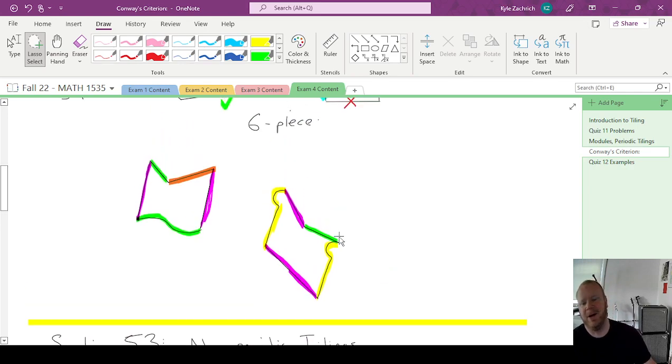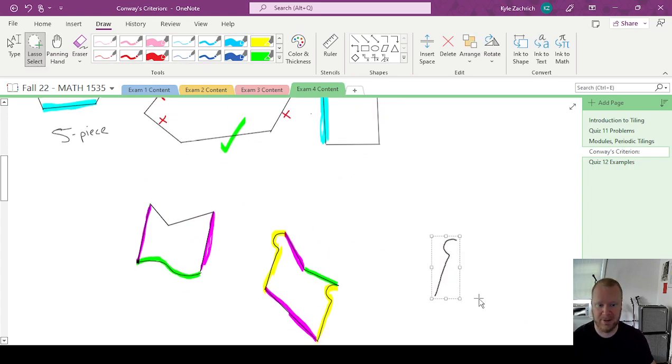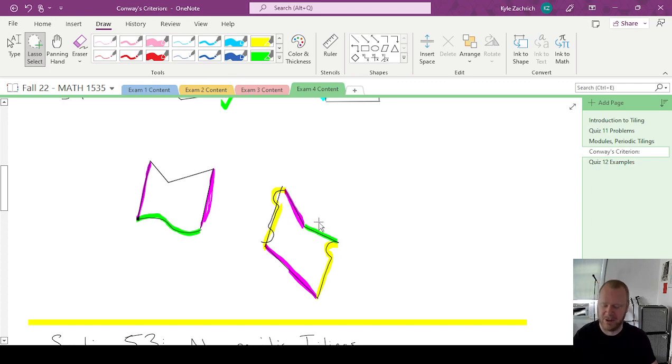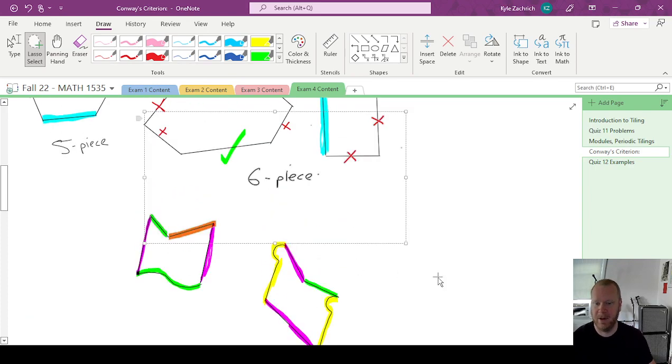It's very frustrating. This yellow piece here does not have rotational symmetry, right? If I take this shape, let's see if I can just get it to look like this. Here we go. All right. If I take this piece, right, that's supposedly satisfying Conway's Criterion, that is not going to have rotational symmetry, right? If I rotate it 180 degrees, it doesn't fit back in. So